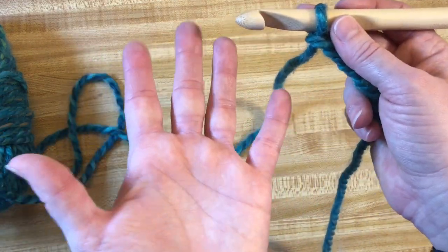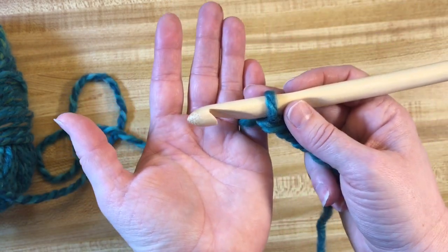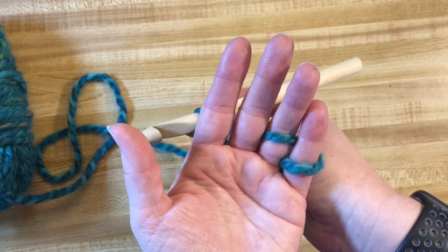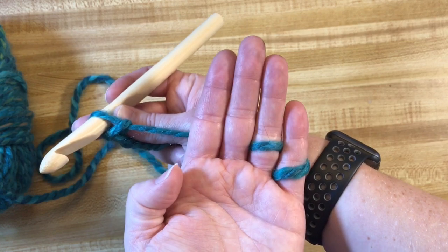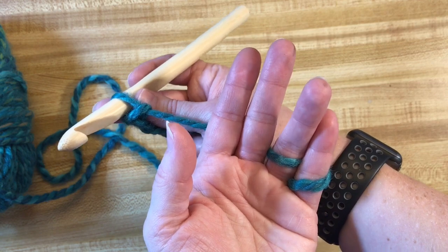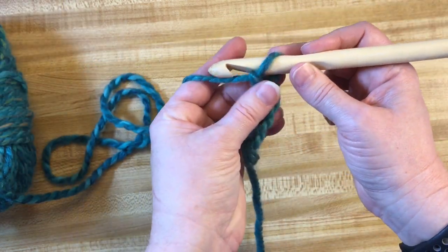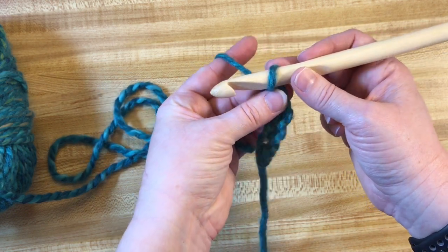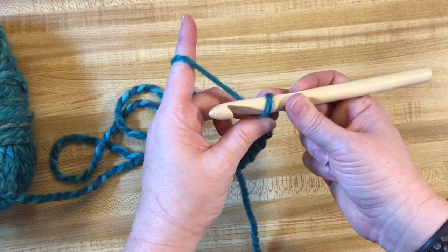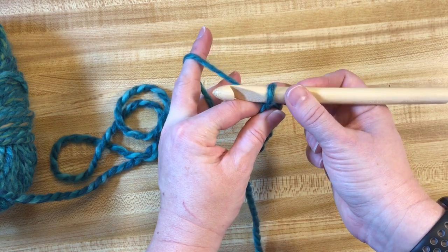So again, palm up, put the yarn between the pinky and the ring finger, wrap all the way around the pinky, over the ring finger and down and back behind. Keep pulling over to the left. Behind. Remember, these fingers are free. 1, 2, 3. The yarn's behind them. So if I flip it up, I have options of grabbing with my middle finger and my thumb, and my first finger is out back, or grabbing with my first finger and my thumb and my middle finger is out back, holding tension. To yarn over,